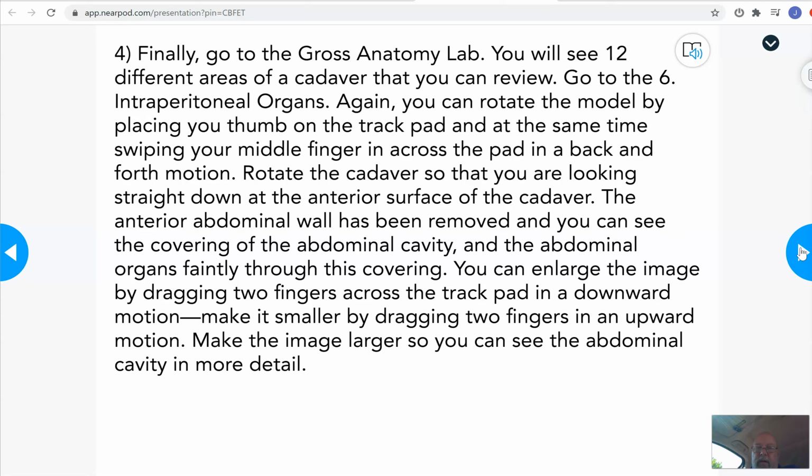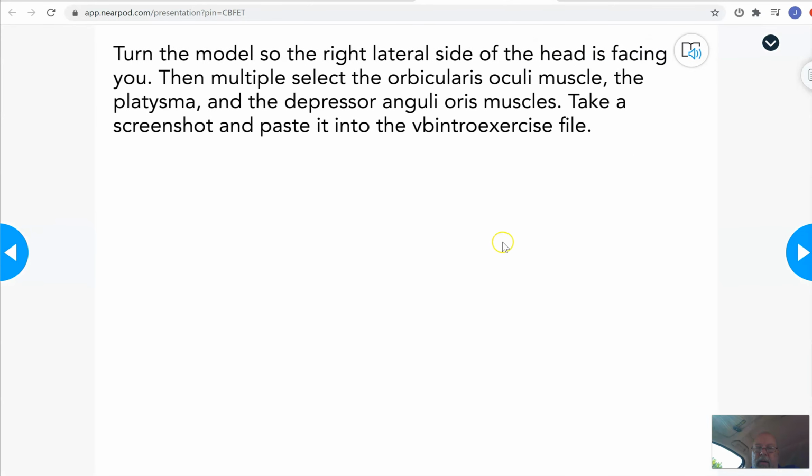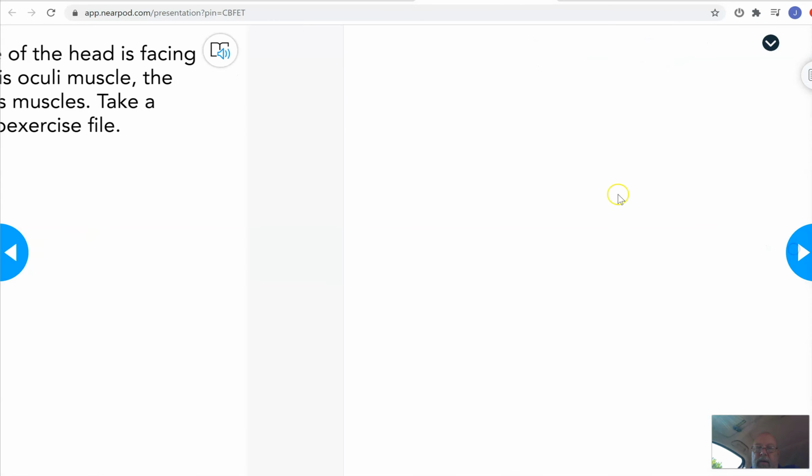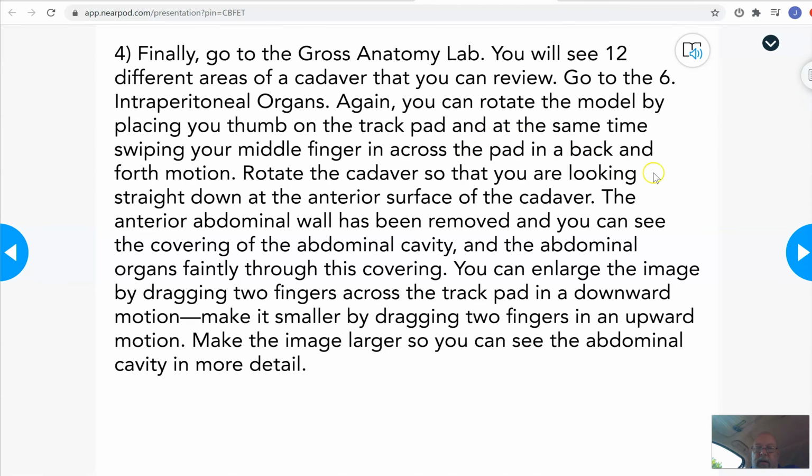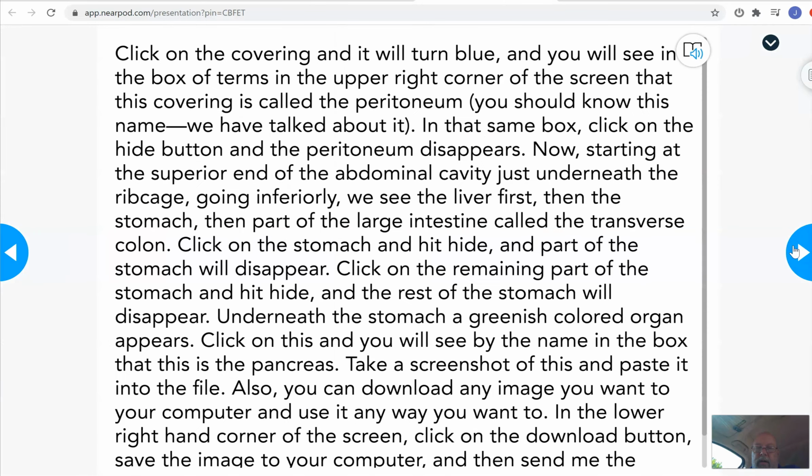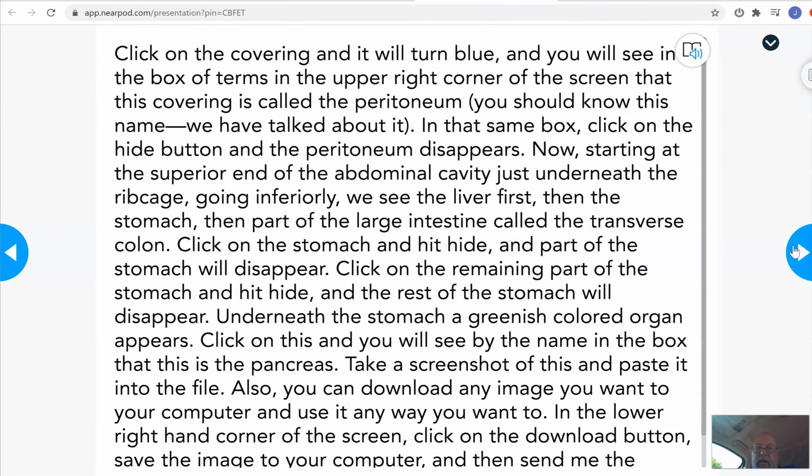The anterior abdominal wall has been removed, and you can see the covering of the abdominal cavity and the abdominal organs faintly through this covering. You can enlarge the image by dragging 2 fingers across the trackpad in a downward motion, or you can make it smaller by dragging 2 fingers in an upward motion. Make the image larger so you can see the abdominal cavity in more detail. Click on the covering and it will turn blue,